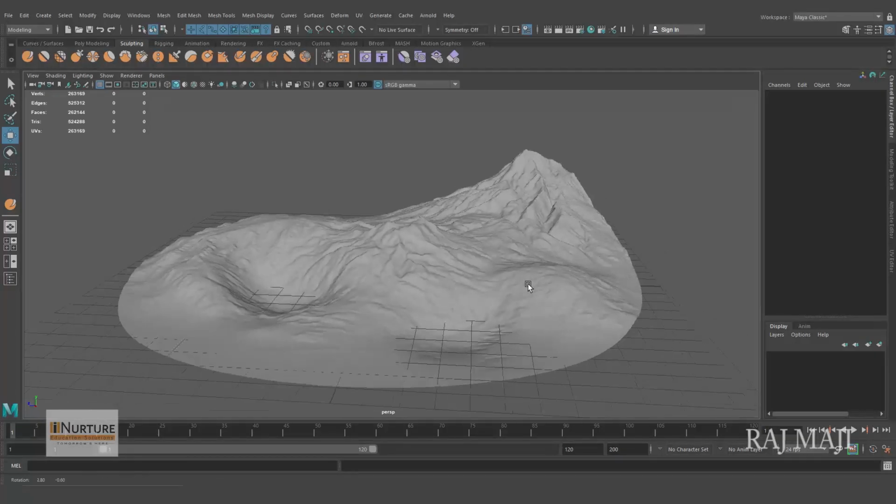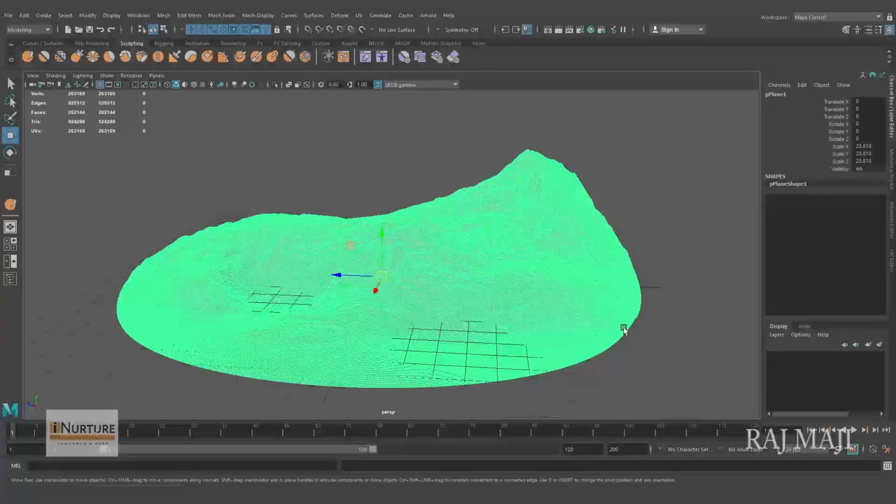Now the first concern is my polygons are too many. For a scene you can understand, those who are working with scenes, trying to texture it, trying to render it, you can understand these many polygons will take so much of rendering time. And if you are animating a character on this surface, it will be very difficult for you to manage, right? So it should be low poly. Now I'll show you how to convert it into a low poly model.